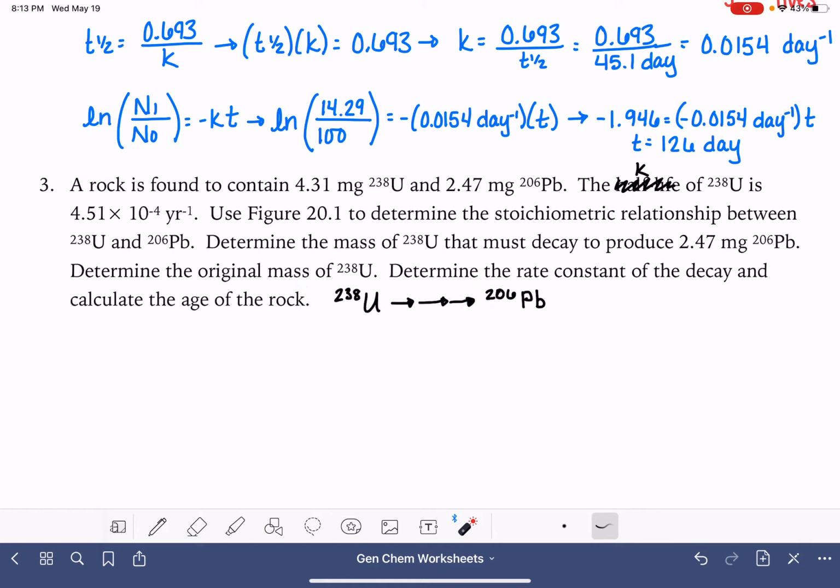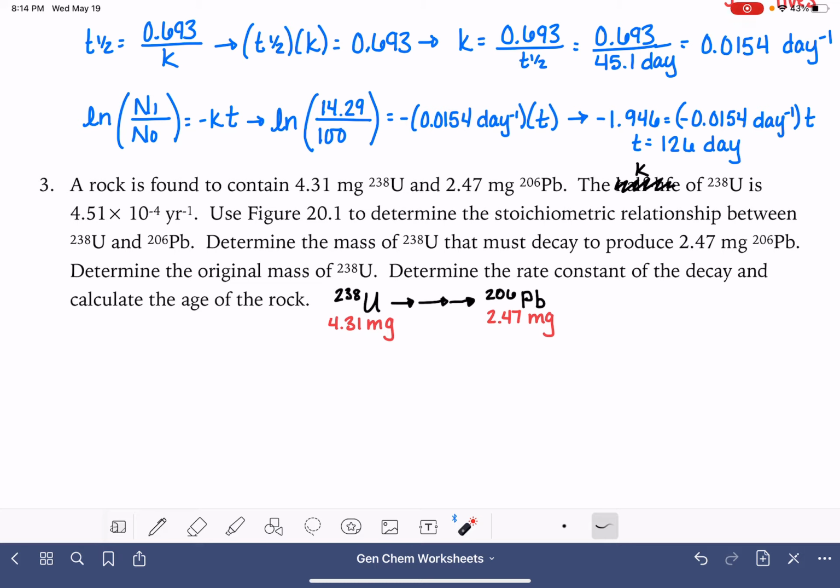Now, what's going on in this situation is that we have a rock that currently has 4.31 milligrams of this uranium, and it has 2.47 milligrams of the lead. The rock originally was all uranium. Some of the uranium has decayed and turned into lead, but not all of it. So at this particular moment, there's 4.31 milligrams remaining, hasn't decayed yet,